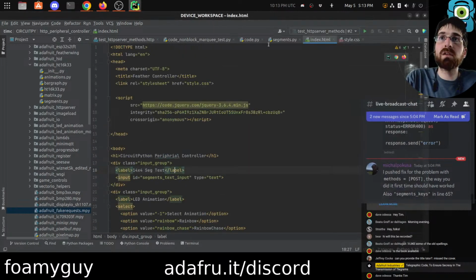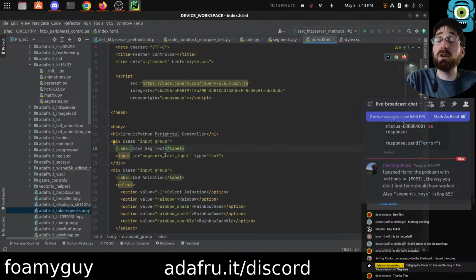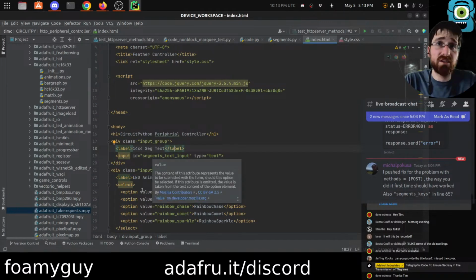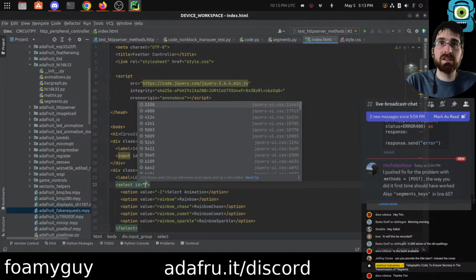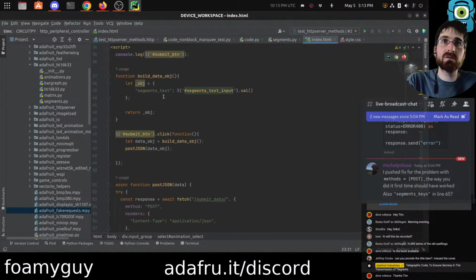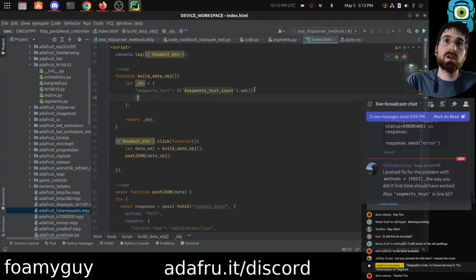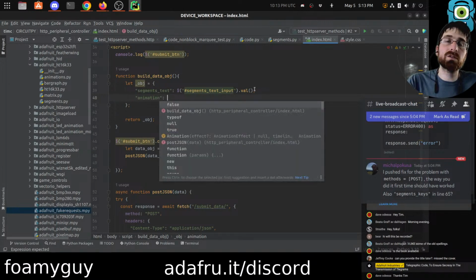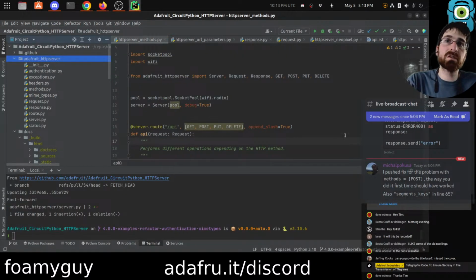So we want to grab our selected animation. The way that we do that is, well, with jQuery, I think we can just say the val of our select. So let's give that an ID. I don't know if I might be wrong about being able to do that. We'll see. That's going to be the animation select. And then when we build the data object, we are going to go animation is going to be